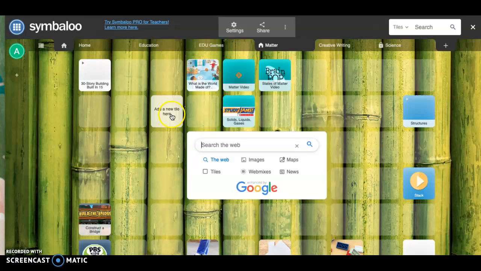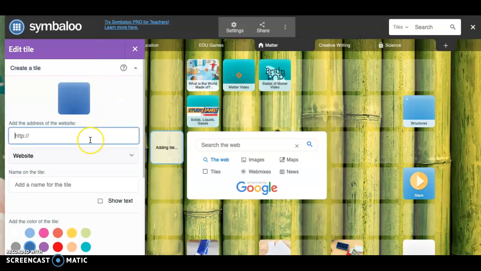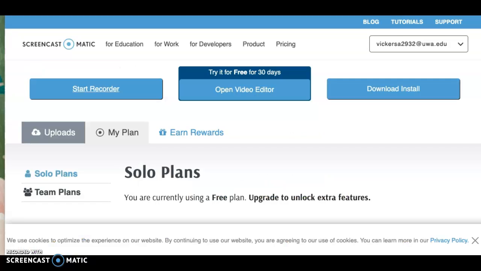So just to add a new tile, all we would do here is click any tile, and tiles can move around as well, like I showed you earlier. So let's just click here. It says create a tile. I'll select a new web page. Let's say that I wanted to add a tile